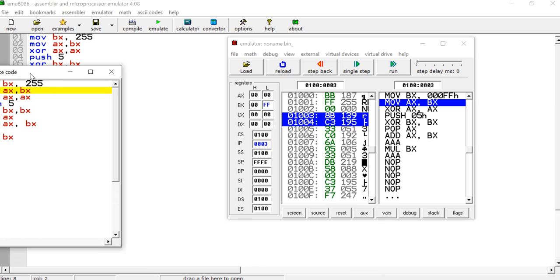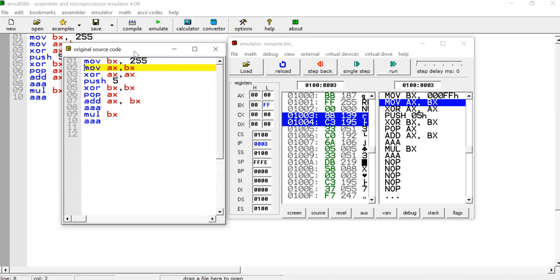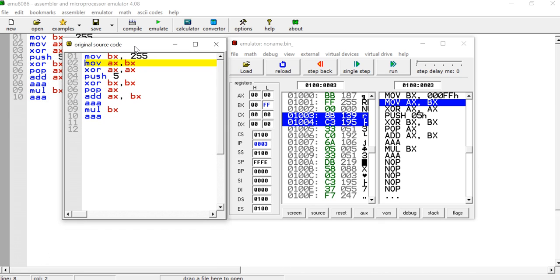Okay, so after doing the first line, we have a FF value, hexadecimal value in BX, which corresponds to